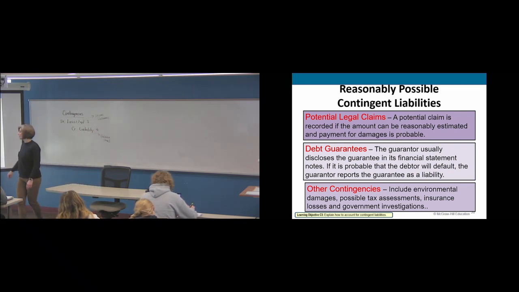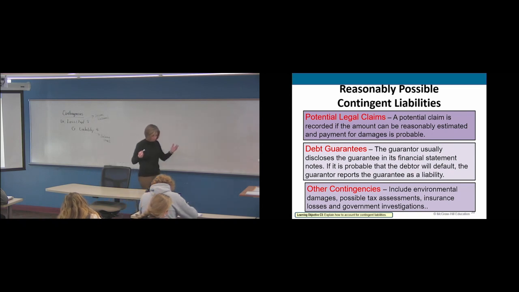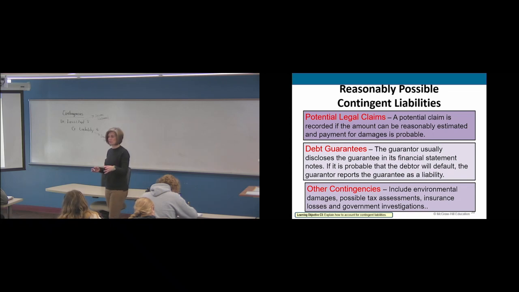Other contingencies like environmental damages: if you harm the environment, depending on what you're doing and where your business is, you've got potential issues there. Possible tax assessments, and again, these are things that you're not sure are going to happen. They all follow that checklist. Then what do you do with it, right? And then insurance losses, and government investigations. Insurance losses, like for example, take a major natural disaster, like a hurricane or